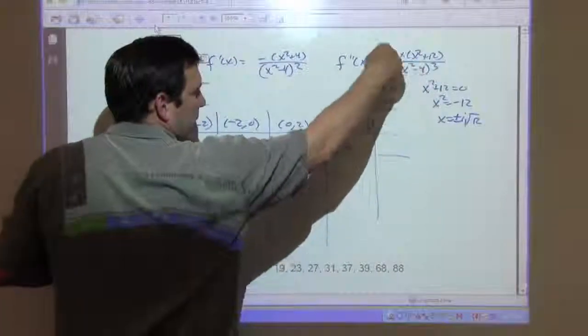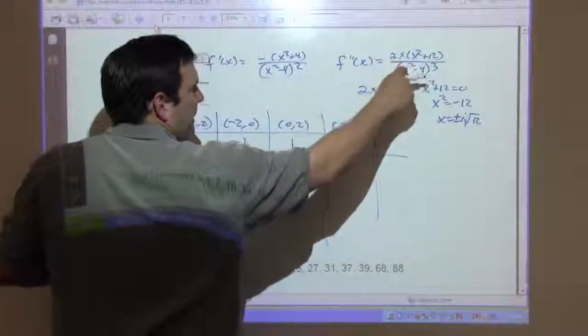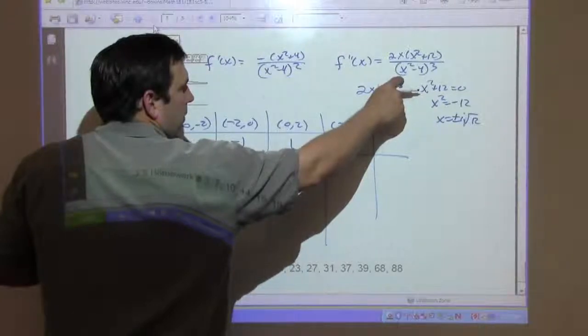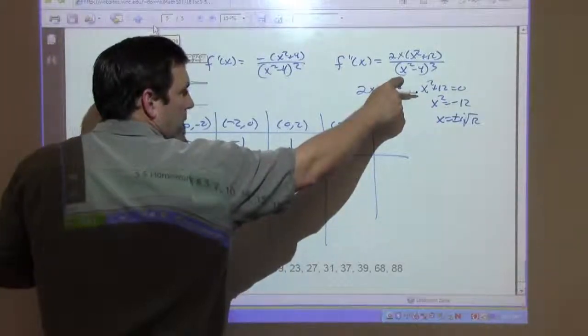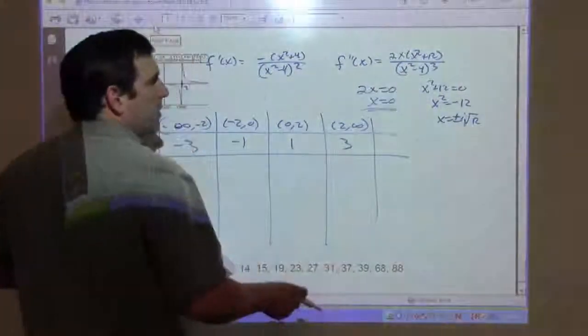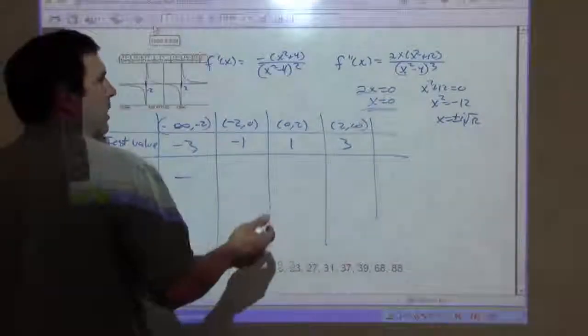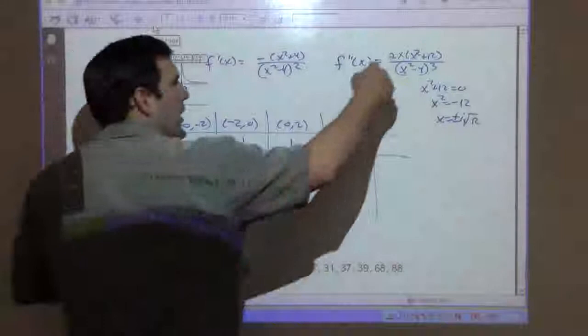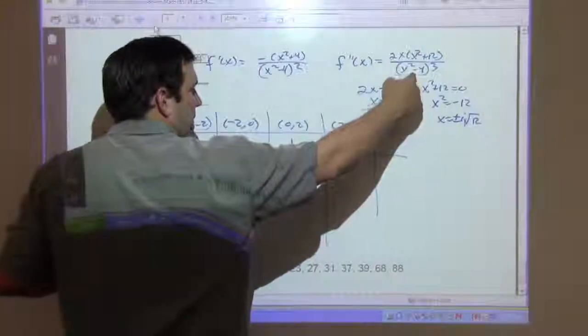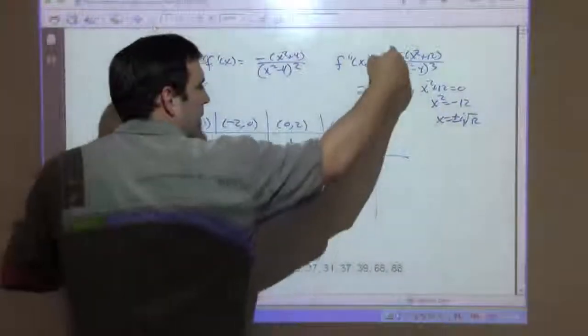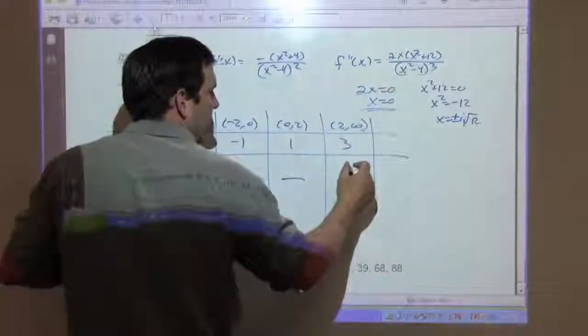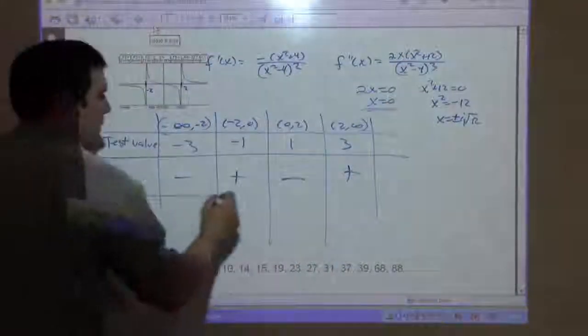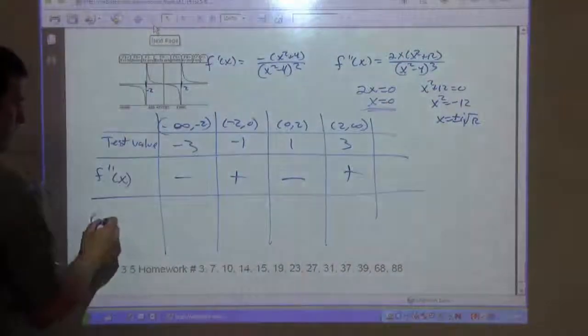Negative 1 squared is 1. 1 minus 4 is negative 3. Negative 3 cubed is negative. Negative over negative is positive. Putting 1 in here, you get 2 over the negative. That's negative. Putting 3 in there, you're going to have positive over positive. That's positive. So our conclusion here,